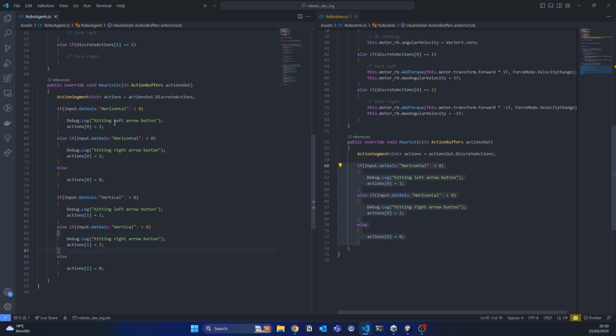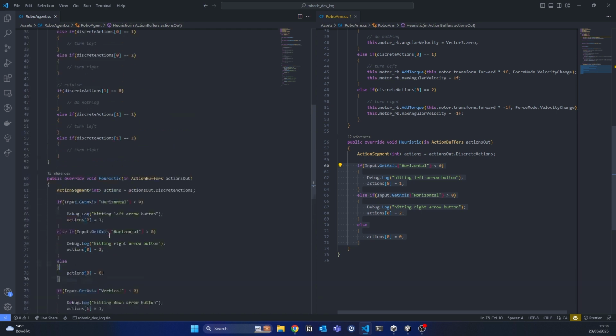So here I'm hitting the left arrow button and the right arrow button, and here I am hitting the up, vertical, so it's negative, so it's probably down, sorry. And here I'm hitting the up arrow button. So essentially with my four arrow buttons I'm going to control two parts of my robot,